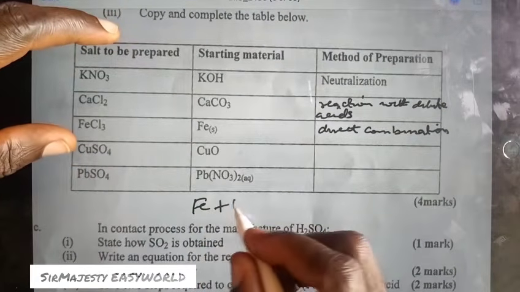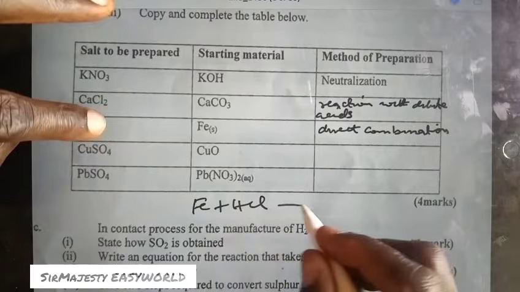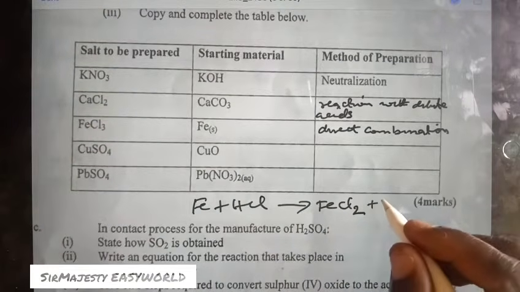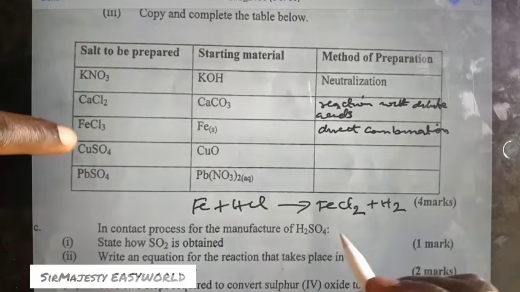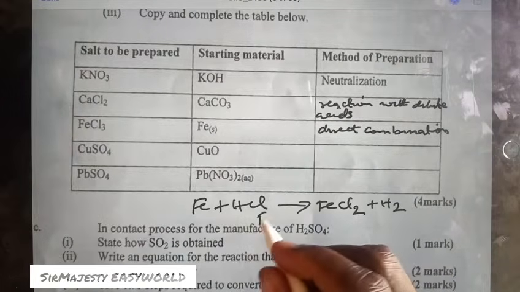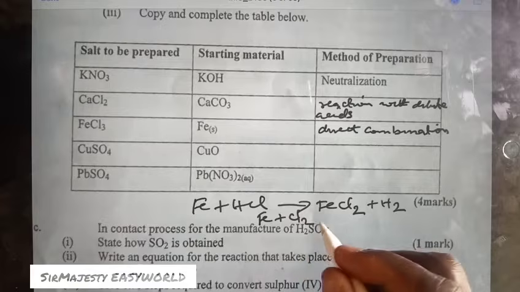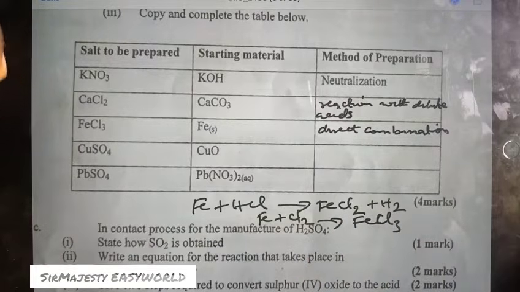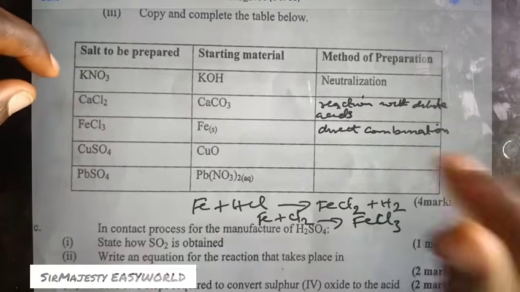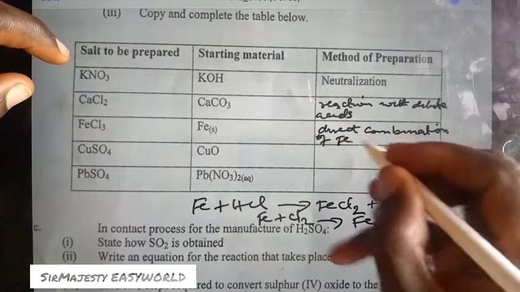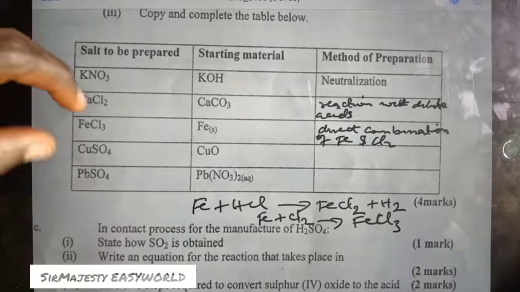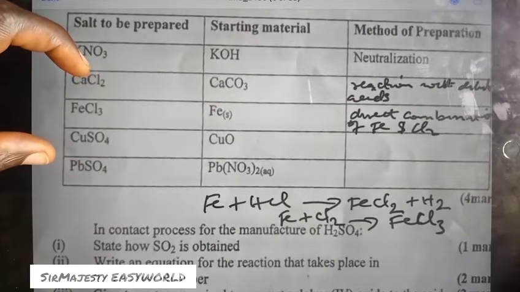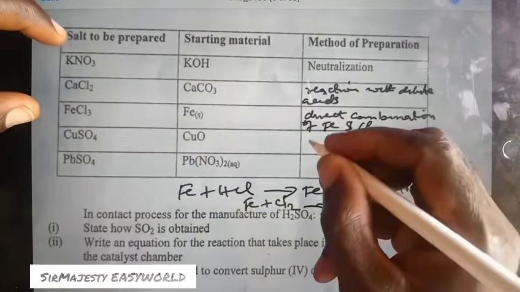In case you just say iron plus HCl, such that iron will displace the hydrogen, but what will be formed is the lower oxidation state, plus hydrogen. But if you want to get iron(III), you use direct combination. When iron combines directly with chlorine, it gives you iron(III) chloride. So that's how to prepare the higher chlorides. So direct combination of Fe and what? Chlorine. Then copper(II) sulfate, if you want to prepare it starting from copper(II) oxide, it's still neutralization